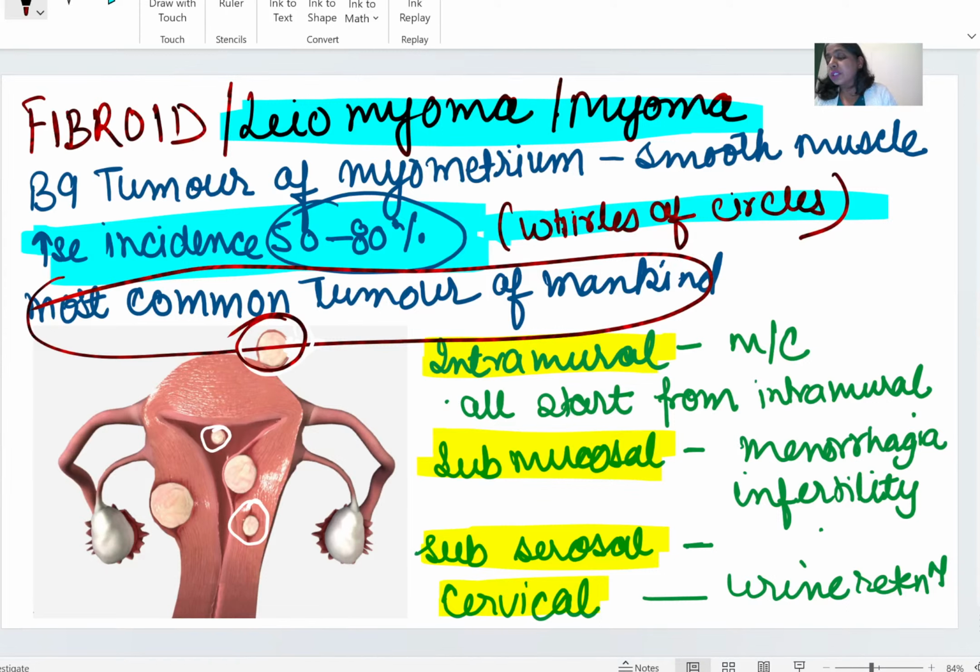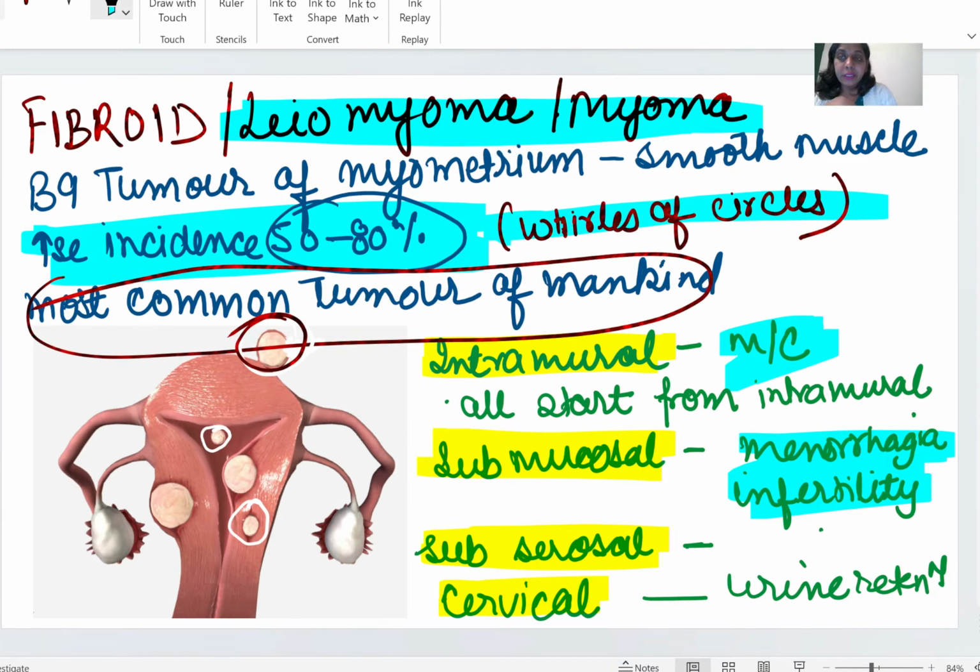What question is asked on intramural? Because I told you that all the tumors originate from smooth muscle cell or myometrium, all the tumors are intramural in origin, and the most common is intramural, because all the tumors start from the myometrium. Submucosal fibroids are the most common to cause menorrhagia and infertility. Okay, and subserosal